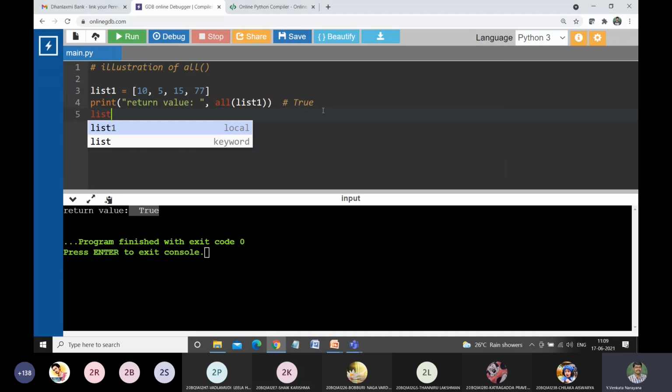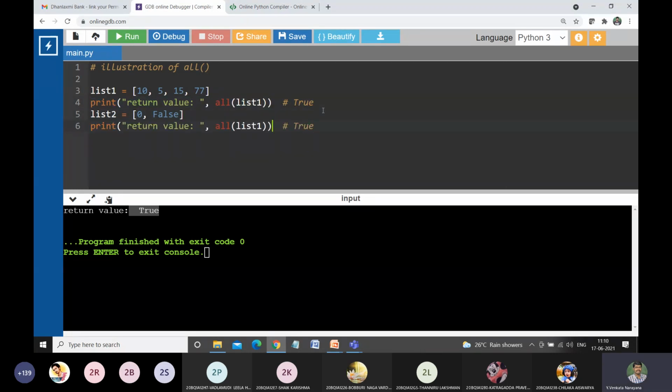I am taking another list. Here I am giving 0 and false as values. In this case, what is the return value? False, sir. The return value is false as you said. So let us see.